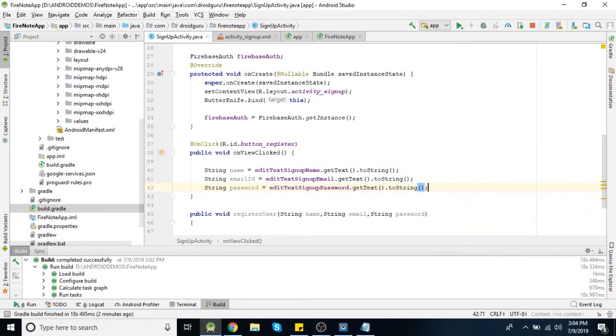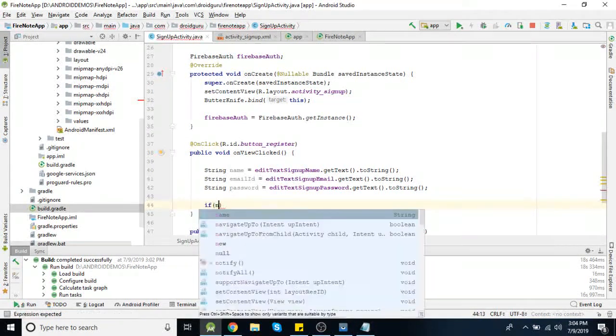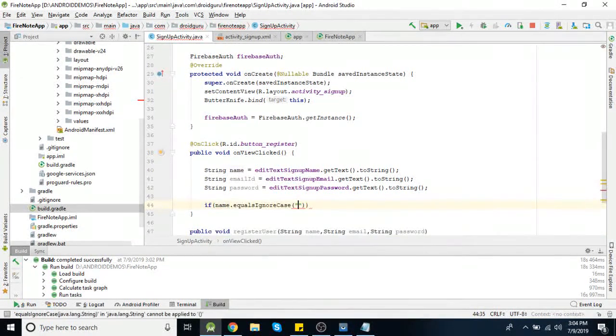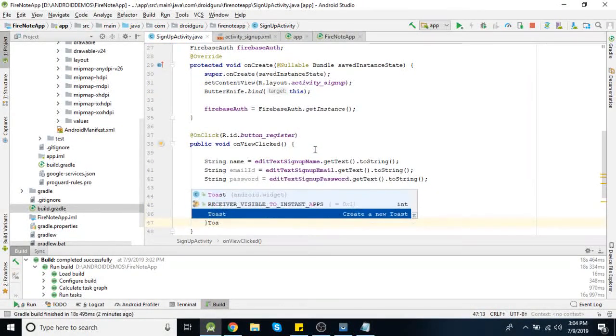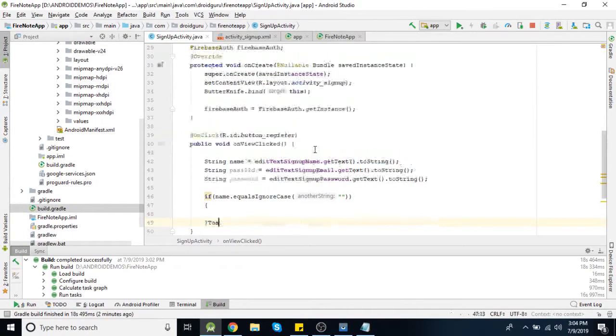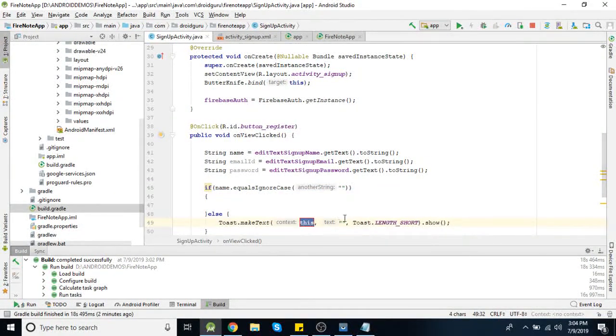Okay. We need to check these values because these values should not be empty. So name dot equalsIgnoreCase empty. If name is empty, you need to display an error message or error alert. Enter name. If name is not empty, then only we can move to checking the next field.